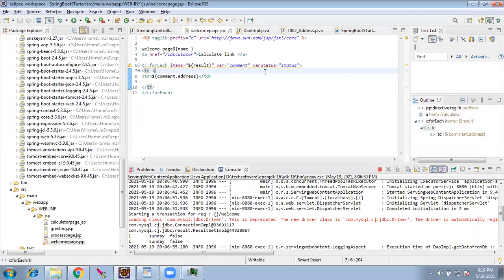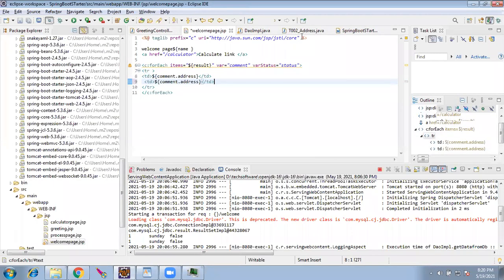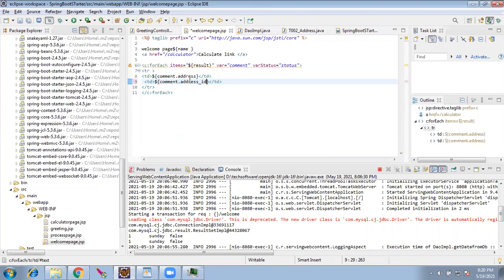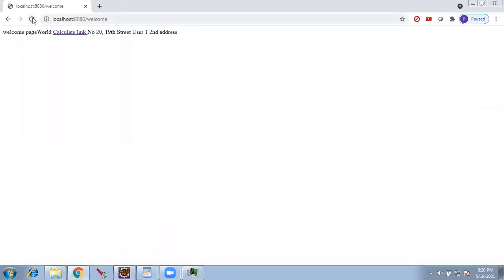Why is it not printing on the next line? Because it is correct only. For the forEach, command dot address, I'll try to print one more from the address object. What is in the address object? Address ID. Let me print it. So command dot address ID.